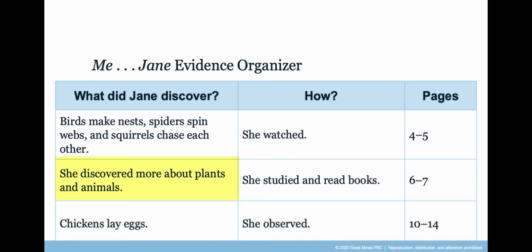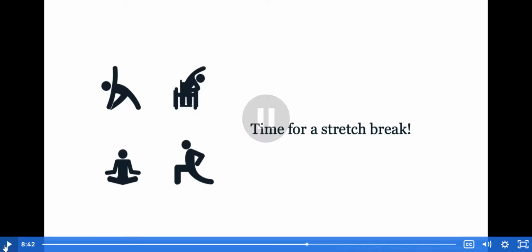Jane discovered more about plants and animals. And how she discovered this was by studying and reading books. Okay, let's look at the last one. From pages 10 through 14, Jane discovered that chickens lay eggs, and she discovered this by observing. Pause the video for a quick